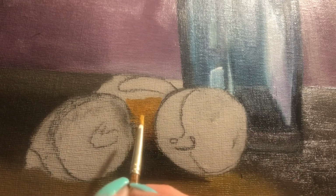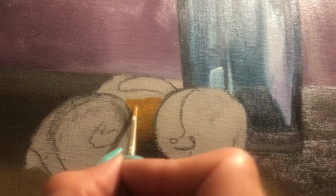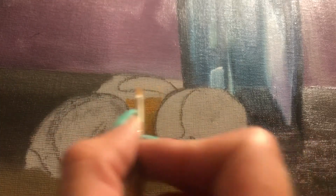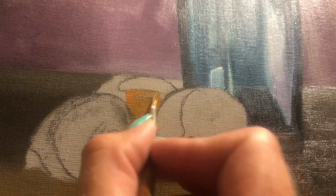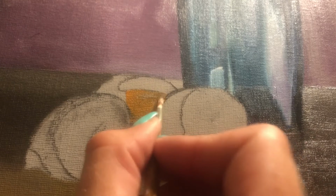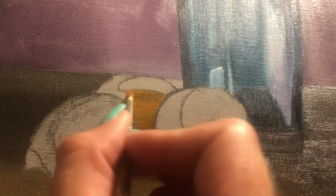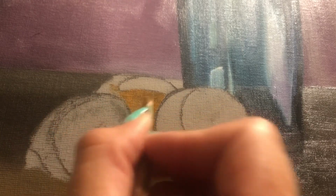So one thing I'm noticing is I'm seeing my faint lines from my charcoal, so I don't love that that's happening, but what can you do? Like literally, what can you do? If there's any oil painters out here who have conquered this problem, because I'm now a little bit concerned because